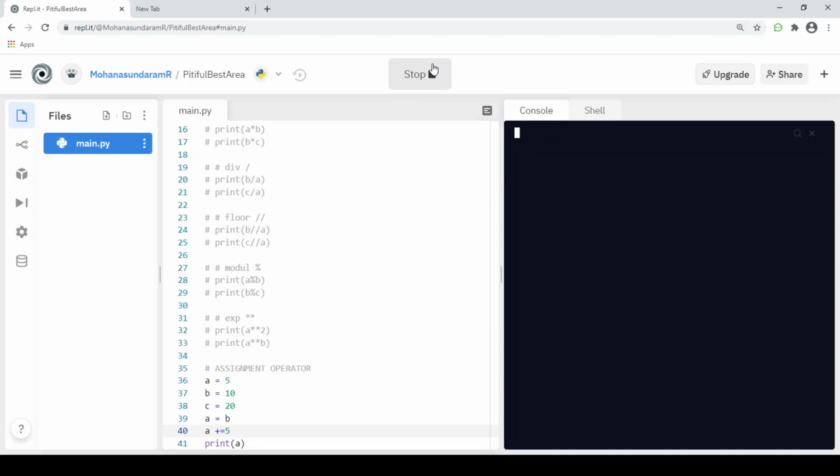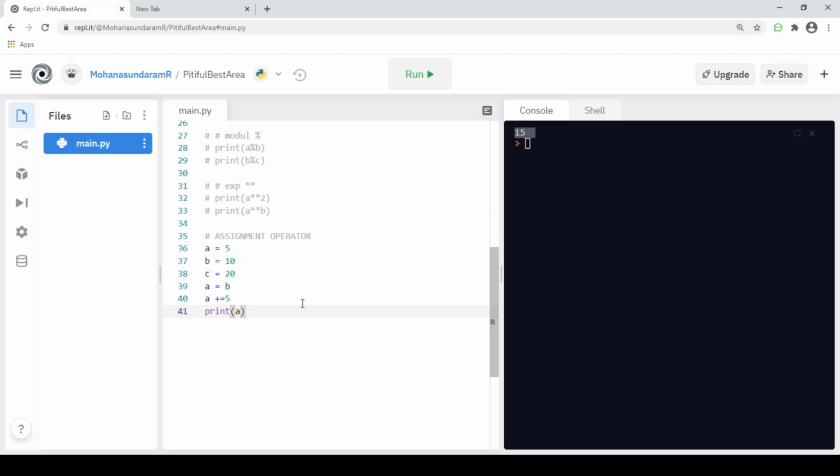If we print, as you see, we got a value of 15, because in the previous line we assigned the value of B to A. Now we have added 5 more to A, and that's why the output is 15. Assigning a value to another variable is called an assignment operator.